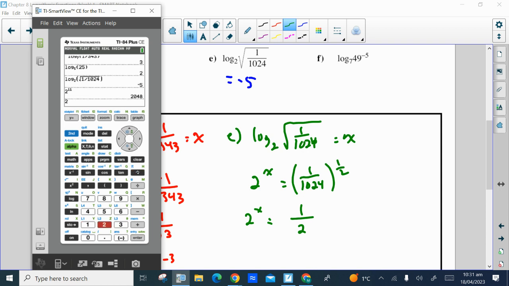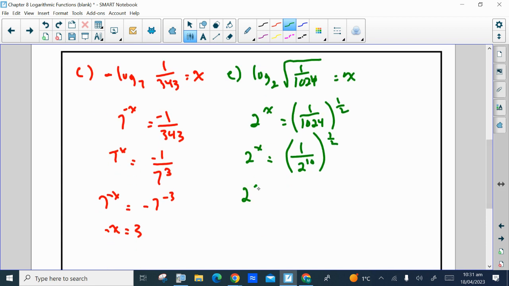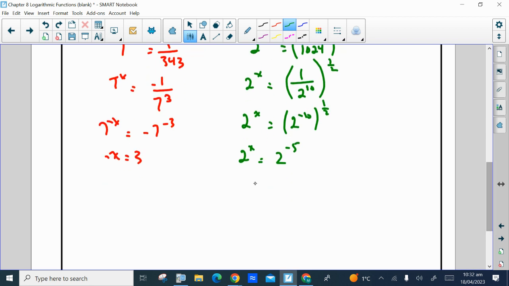No, it's 2 to the power 10. So I'm just using trial and error here. So that's 1 over 2 to the power 10, to the power a half. I can move the 2 to the power 10 from the bottom to the top by making the exponent negative. And now when you have one exponent raised to another, you multiply the exponents and keep the base the same. So now we've expressed both sides as a power with the same base of 2, so the exponents will be equal. So there's the answer manually,